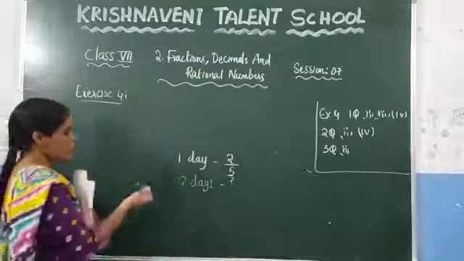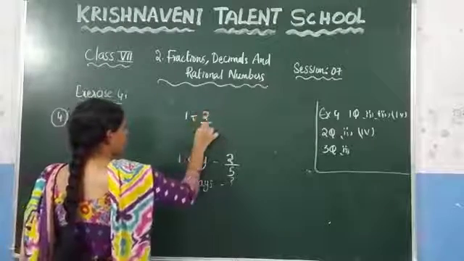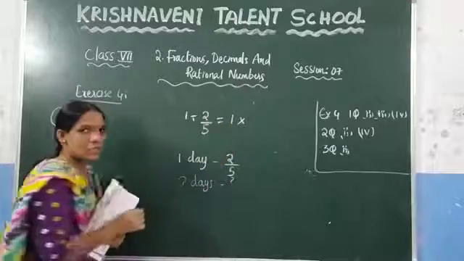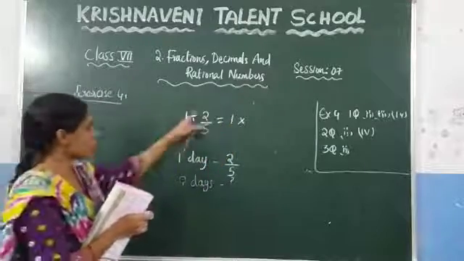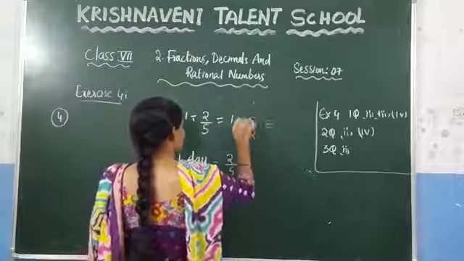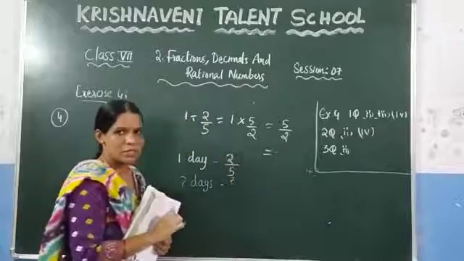How do you solve? You just need to divide these two values. If you divide 1 divided by 2/5, what will you get? In case of division, you need to change it to multiplication. If you are keeping multiplication, write the reciprocal of this one, which is 5/2. So what will you get? 5 into 1, which is 5/2. Change it into a mixed fraction.